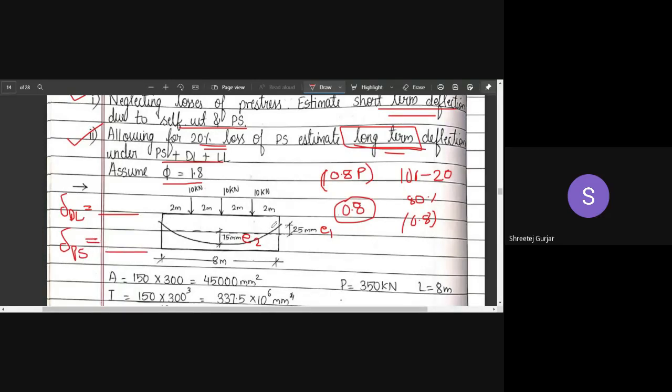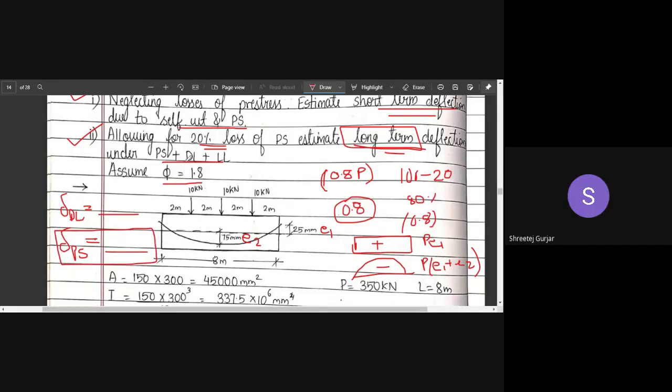Depending upon the cable profile you have, it is positive. So the bending moment will be positive for the first diagram, right? This will be positive, and then the second part will be negative. This is P into E1, and then this is P into E1 plus E2. Using this, you can calculate.